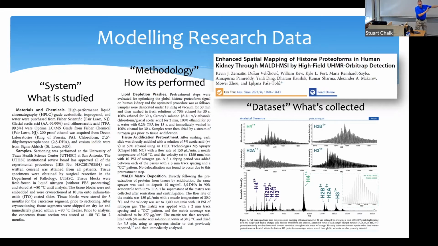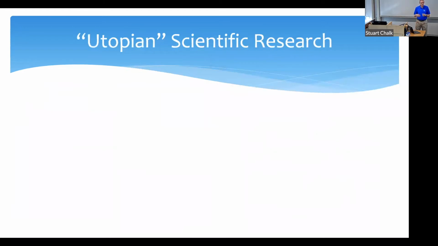This is the model that we started with in my group when I started down the path of coming up with this thing we call SciData. And so, thinking about those three pieces of the puzzle of how we publish our data right now, I sat back and started thinking about what I really want us to be doing. Because, okay, we're not doing the right thing right now, but what should we be doing?